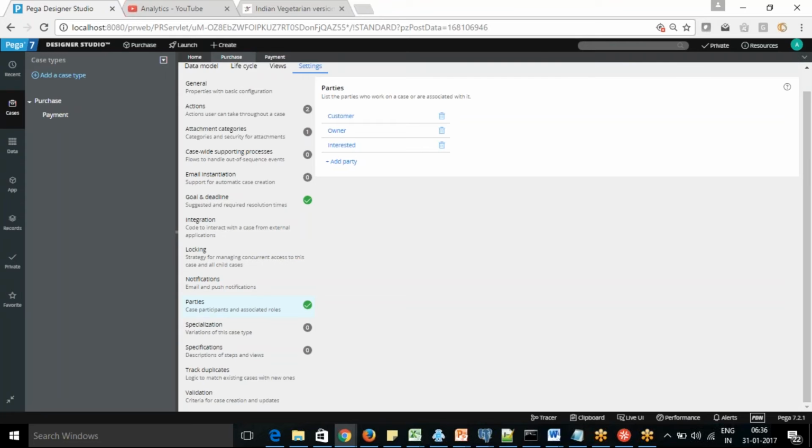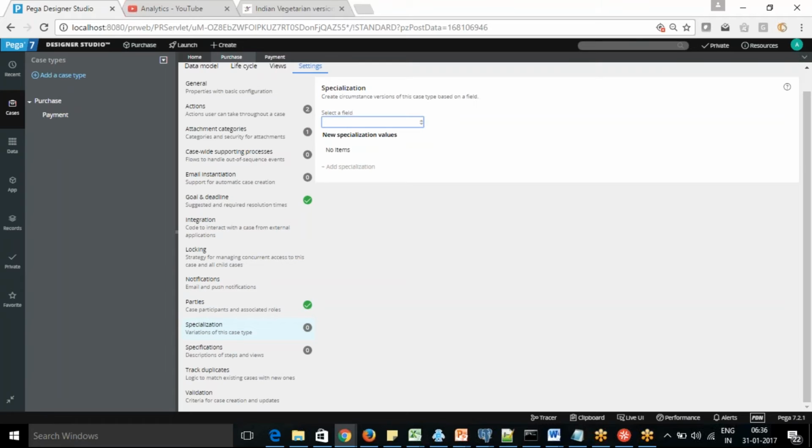So mainly there are three types of work parties we create. You can create your own work parties as well. Depending on your case, you can create multiple work parties in your case. So this is what we call work parties: customer, owner and interested.